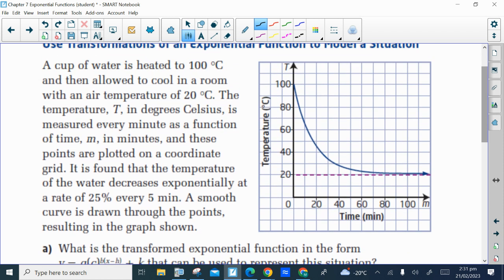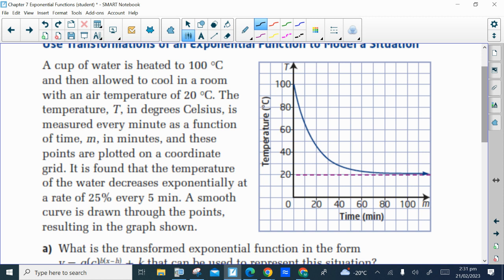And you can see that you have your axes labeled along the bottom, the time in minutes. Along the side is the temperature in degrees Celsius. Note that the horizontal asymptote is at 20 degrees because that is the temperature inside the room. So when you look at this, it's kind of telling us that the temperature will never actually get to 20